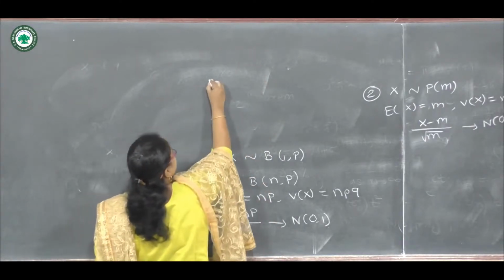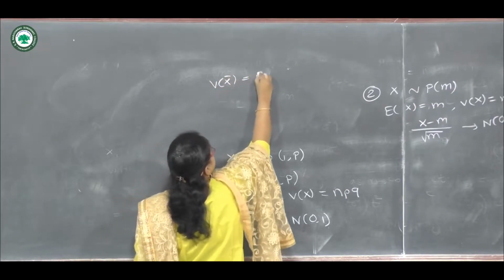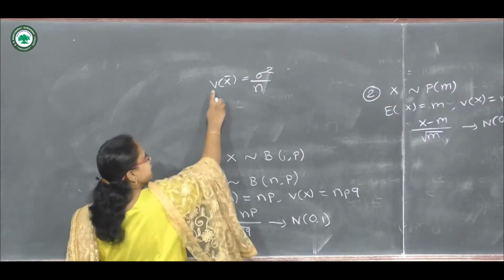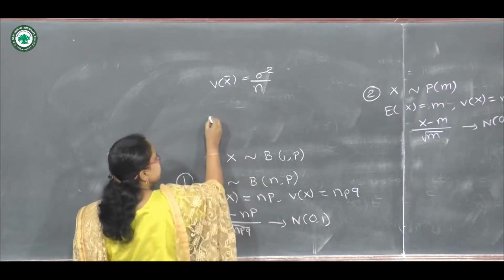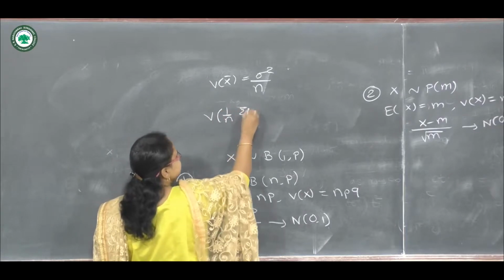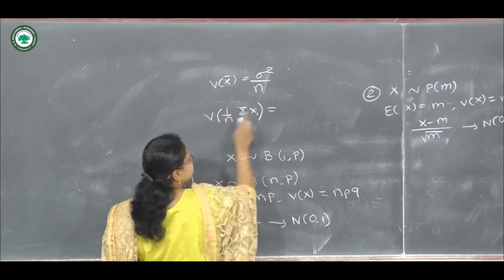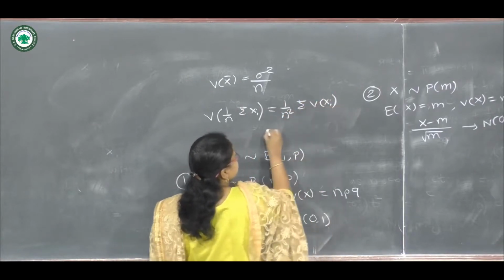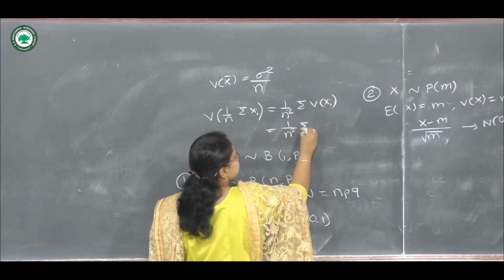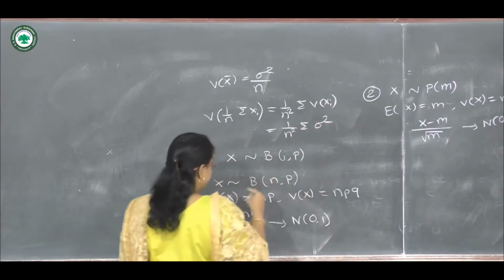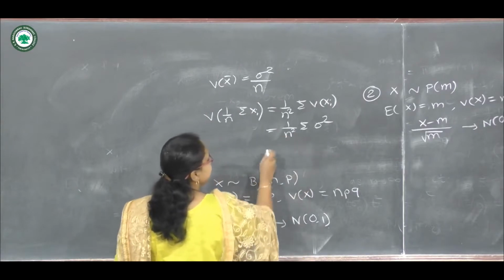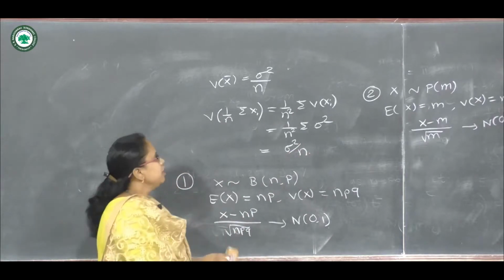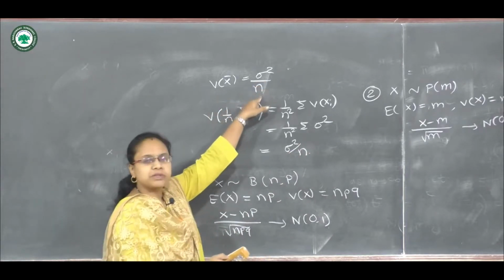Suppose variance of x bar is sigma square upon n. This we know, and it can be proved as: variance of 1 upon n summation xi. Here 1 upon n can be taken out as 1 upon n square, so summation of variance of xi. Suppose the variance is sigma square, then the n and one n get cancelled. So sigma square upon n. So variance of x bar is sigma square upon n.